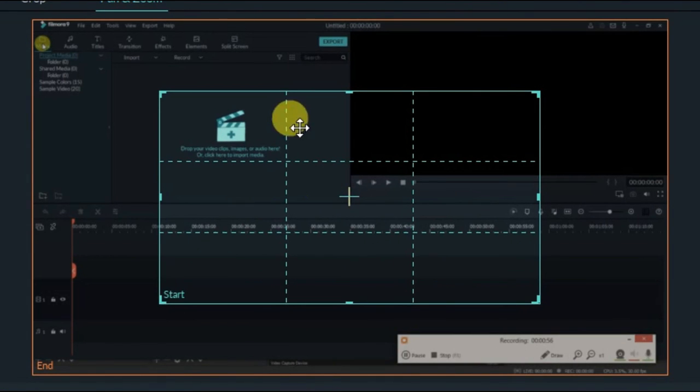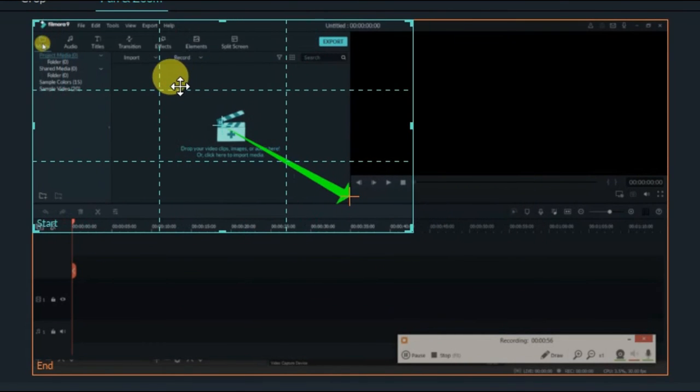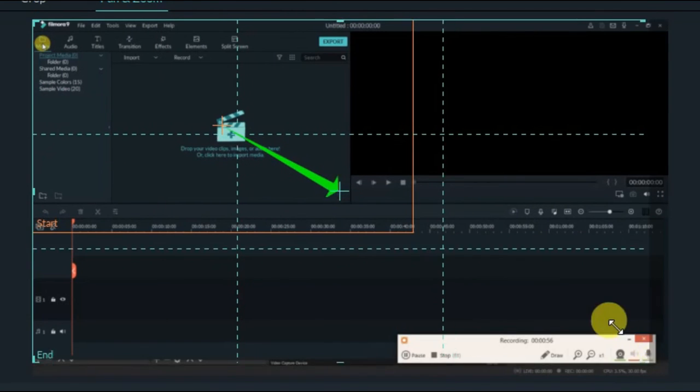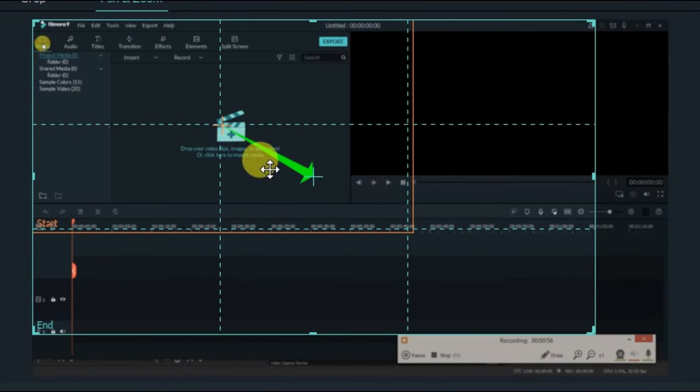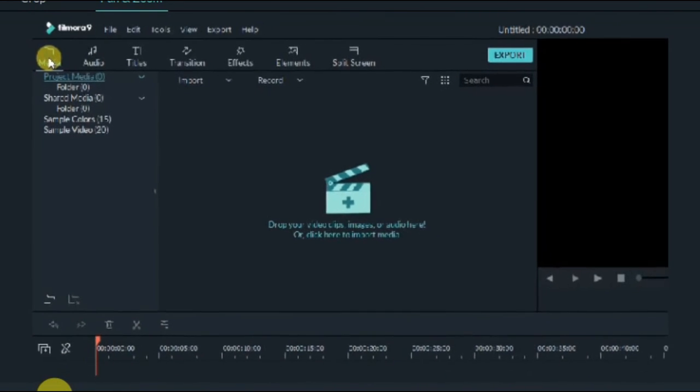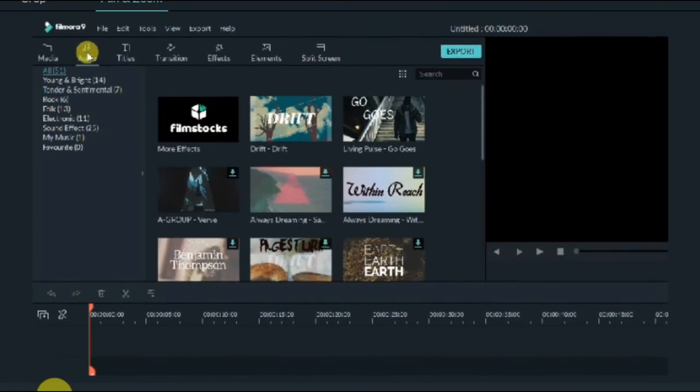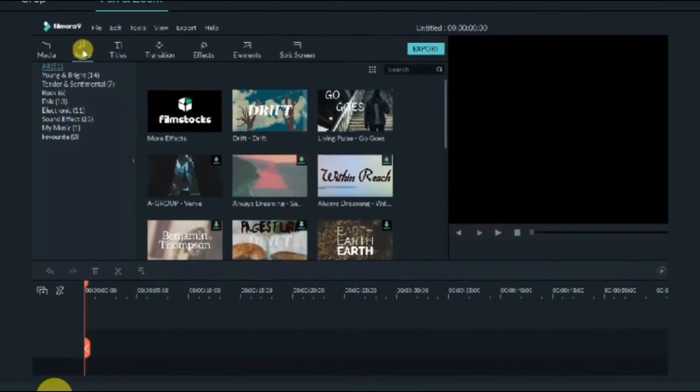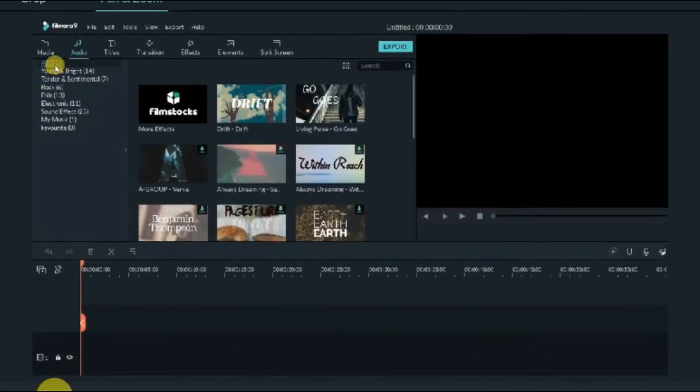Okay, and now here we can see we want to start from here and finally we want to end up somewhere here. So we can see the direction of arrow. The direction of arrow indicates that it will first start from this zoom part and ultimately it will end up here. So if I first of all see preview, you can see it has started from the zoom part and now slowly it is coming to the outer window.